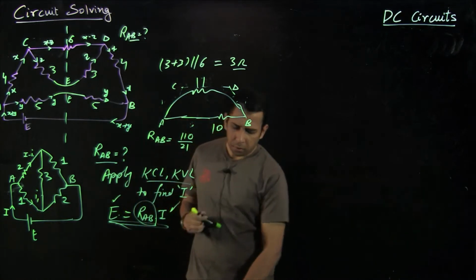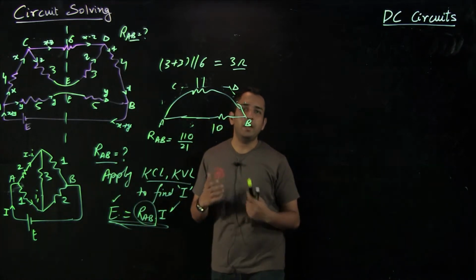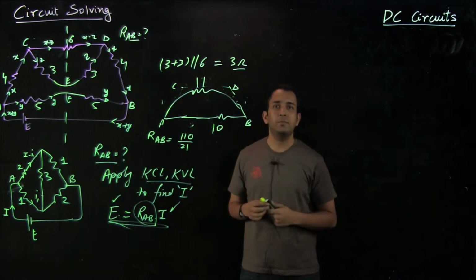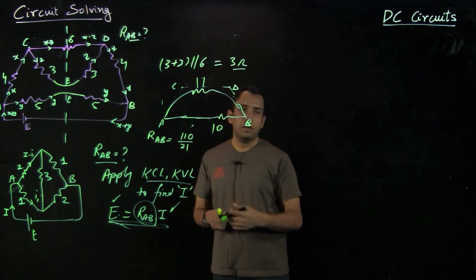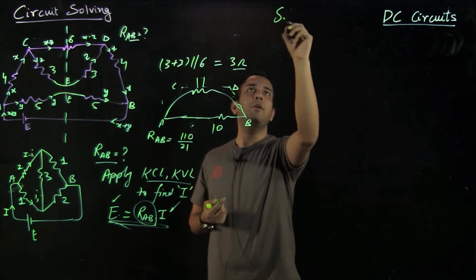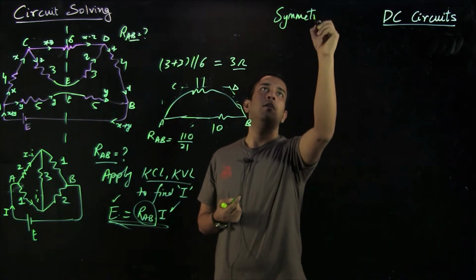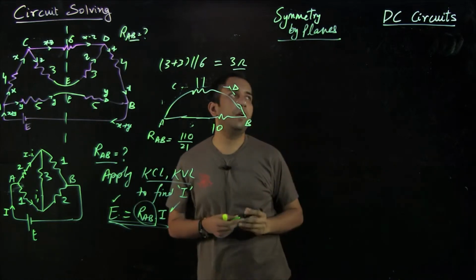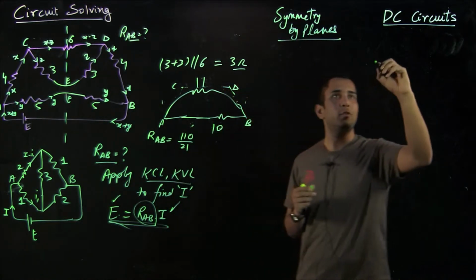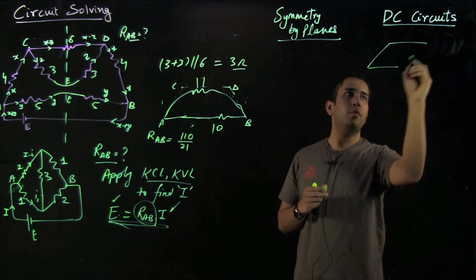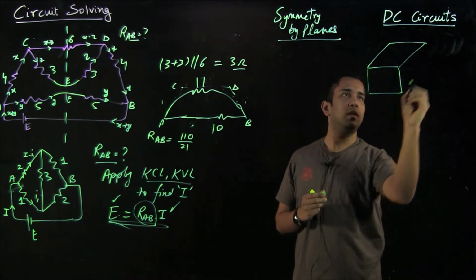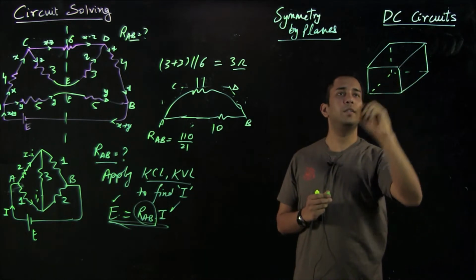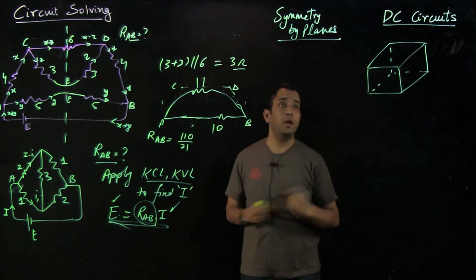One new concept, not necessarily new, but it's based on the symmetry by axis. The rules which we discussed for the symmetry by axis problems, we will be just extrapolating them to a new concept of symmetry by planes. So what do we mean by symmetry by planes? This question would make more sense to understand this concept. I have a cube and